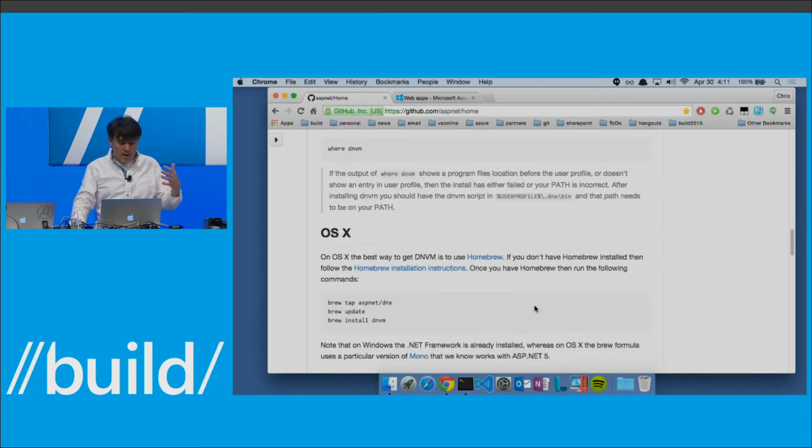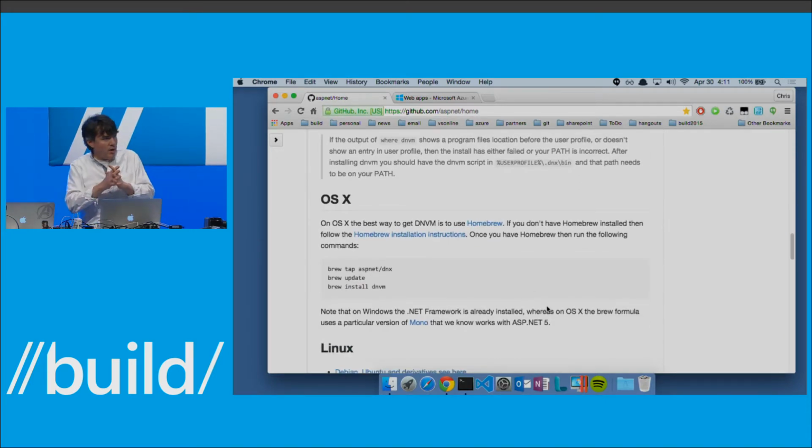If you are on the Mac, like we are today, you need a version of Mono installed in order to run ASP.NET v5 applications. On Windows, of course, you have the .NET Framework installed, so you don't need Mono, but on the Mac and on Linux, you do. The easiest way to do this is to use Homebrew and follow these 3 quick steps: tap the DNX repository, update your formula, and then install the .NET Version Manager. What that will do is install Mono 4.0.1